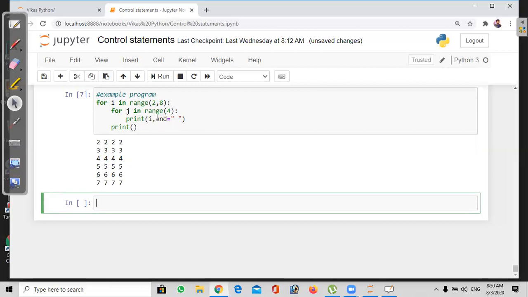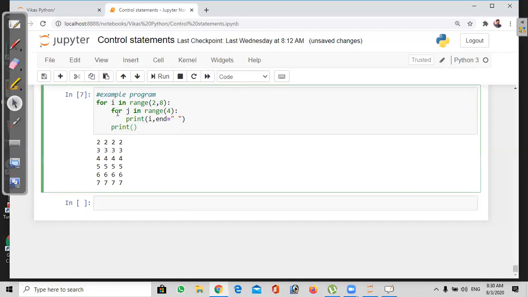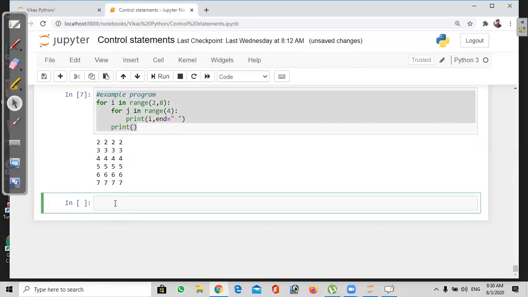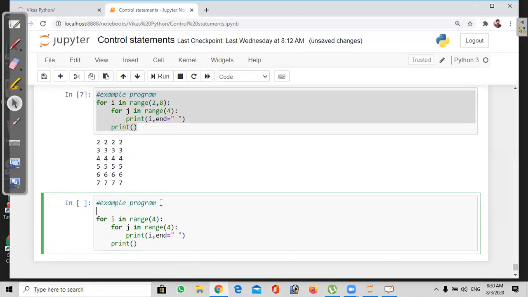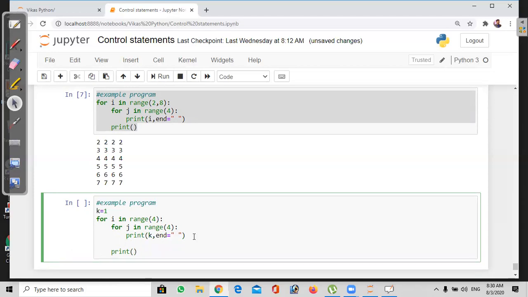So we gave the range. Or else we can also do it by taking a third value. I wanted to print continuous numbers 1, 2, 3, 4, 5, 6, 7, 8, 9, 10. To do that, I'm keeping a for again, and taking k equal to 1. I wanted to print the k value and increment it, k equal to k plus 1.